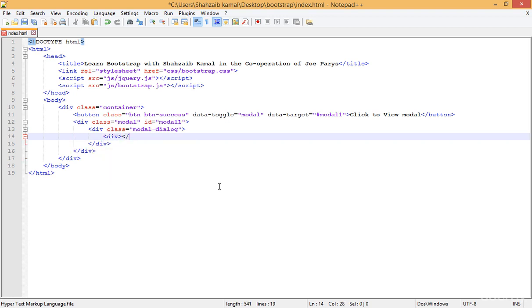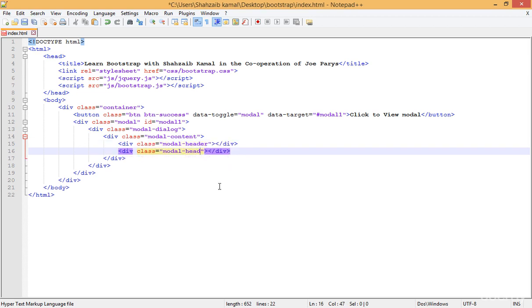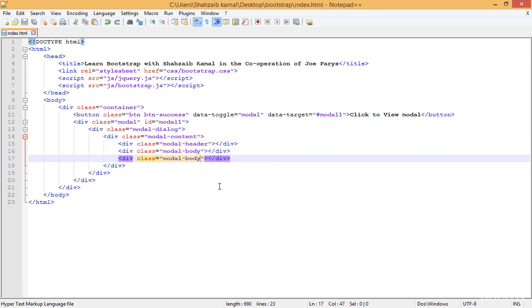Now go inside and create other divs, and the second one should be the modal-content. Inside the modal content we put other things, for example the modal-header, modal-body, and the modal-footer. Oh, spelling mistake. Now the modal header, duplicate, and this should be the modal body, and then this should be the modal footer.